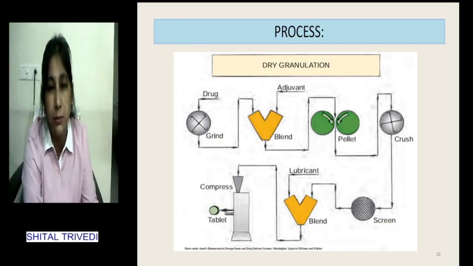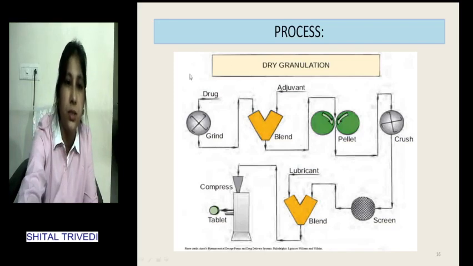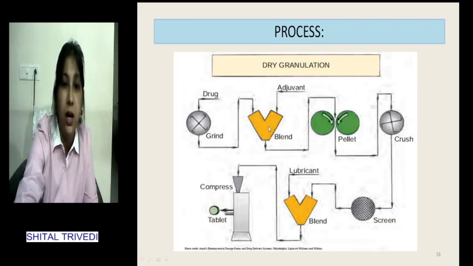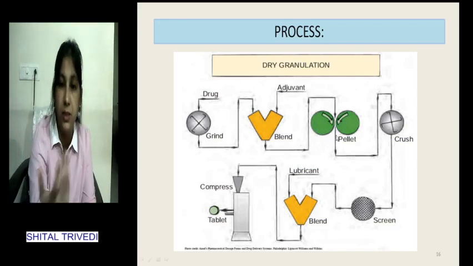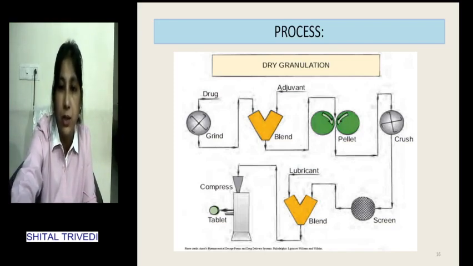Let's talk about another method, that is the dry granulation method. That is the granulation process without adding liquid, and here we can see the initial preliminary steps are common, and this process involves multiple compression, usually double compression. So after dry mixing of the ingredients, in this case part of the lubricant can be added at this stage, because that will facilitate the making of the slugs, which are large size tablets that can be produced by using the compression machine, or the ease of compaction, that is with the help of roller compactors.